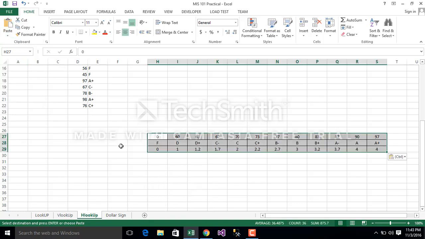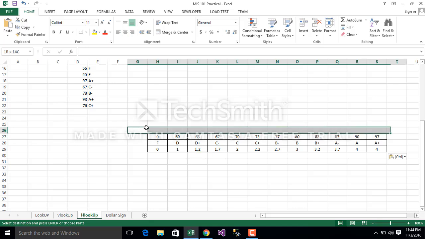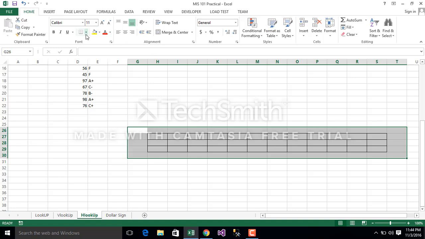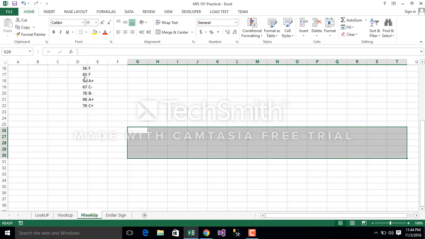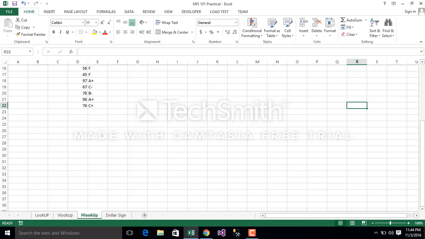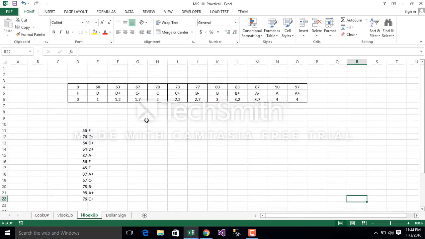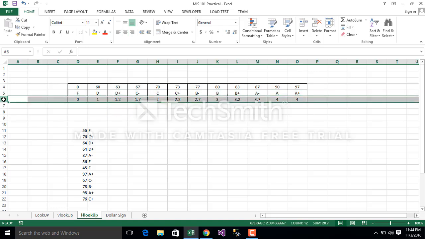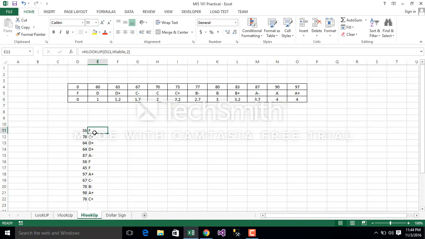Okay, transpose. For solving this problem, I already transposed this value, and you know how we can transpose this value. Here you see it, we already transposed this one, and we already named it, like VLOOKUP, this is called index 2 and this index 3, and use the formula